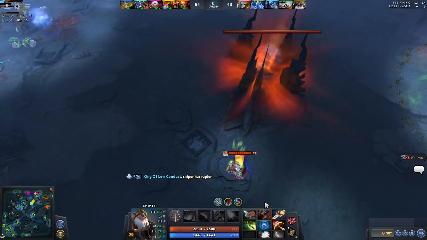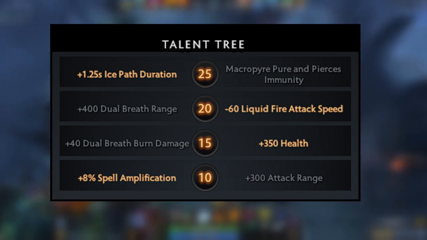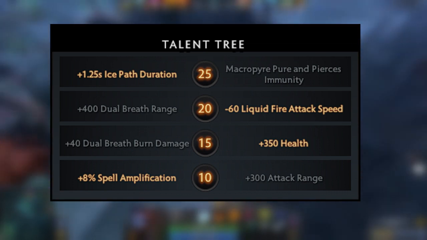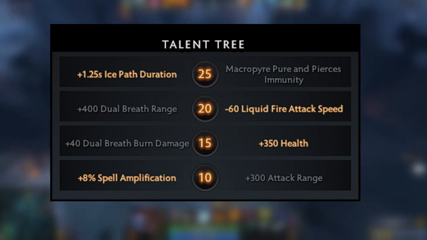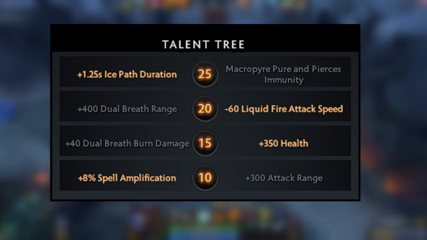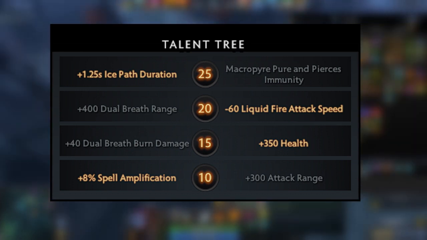Alright guys, let's take a look at my talent tree. I've gone for the plus 8% magic amp because that synergizes a lot with all my spells, especially the Macropyre. I go for the plus 350 talent at level 15 simply because I feel the need to be alive in the team fights as much as possible, as most of my spells have short cooldowns, and the more spells I am able to cast in a team fight,